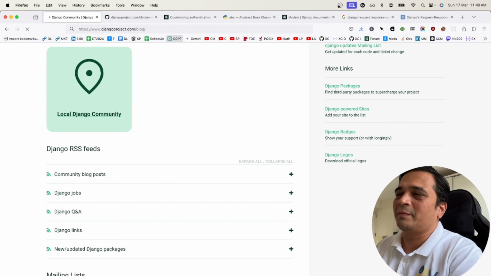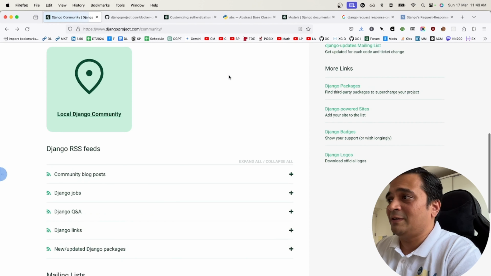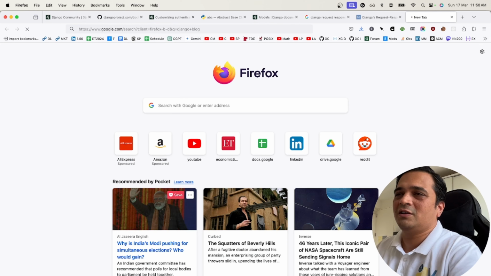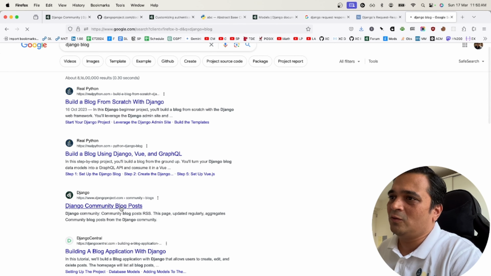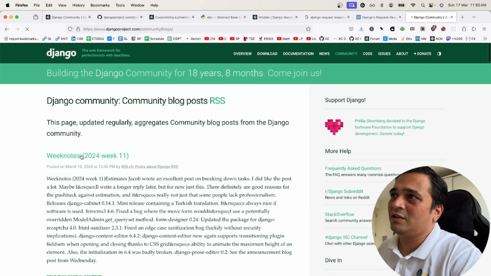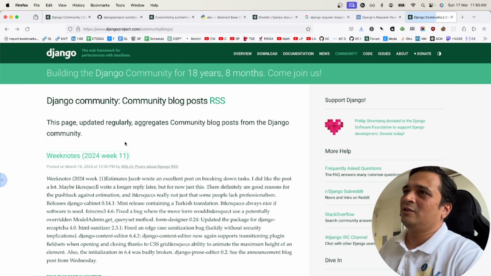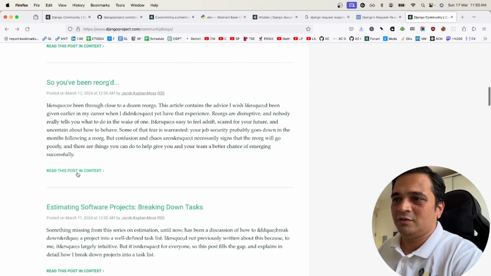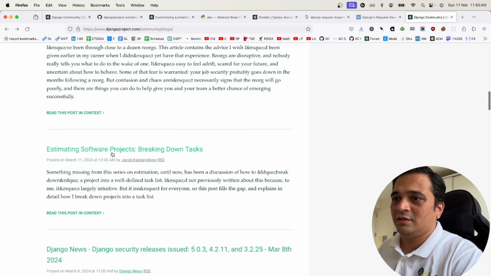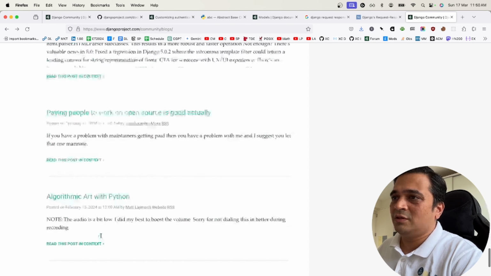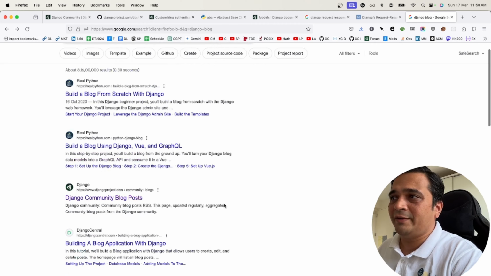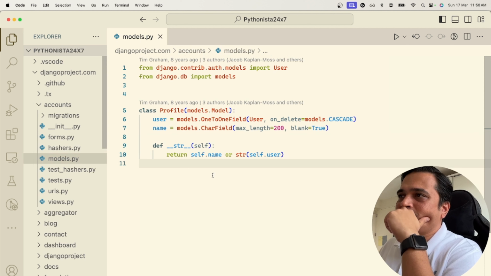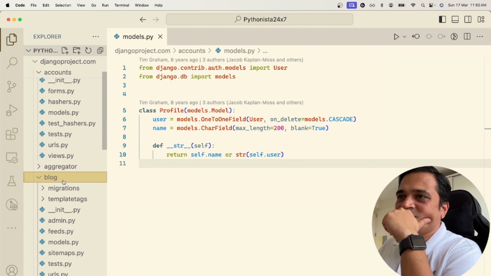All right, let's just try to brute force and see if we find it. Let's see if I just put in blog, what happens. Nothing happened over here. All right, let's just use Django blog. Let's see what comes up. Django community blogs. Okay. Nope. Read the post and content. Nope. It's coming from a different place. Okay. How else can we find it? Go to blog,